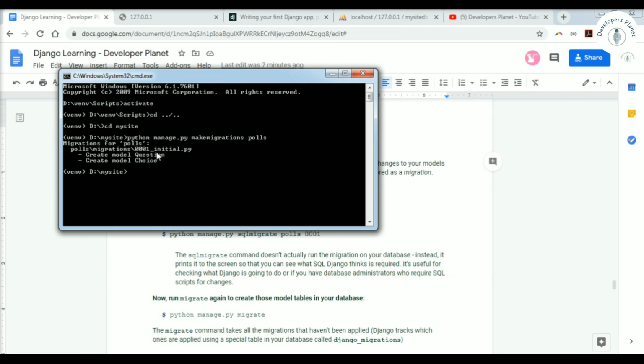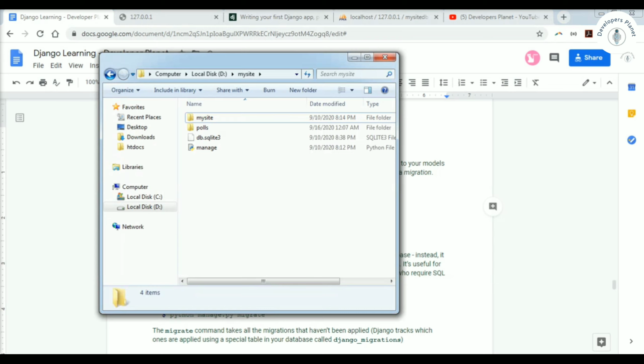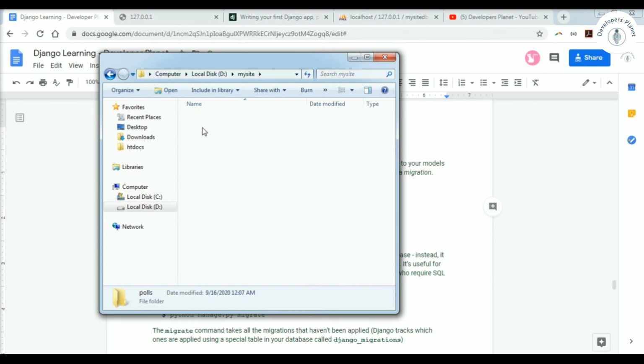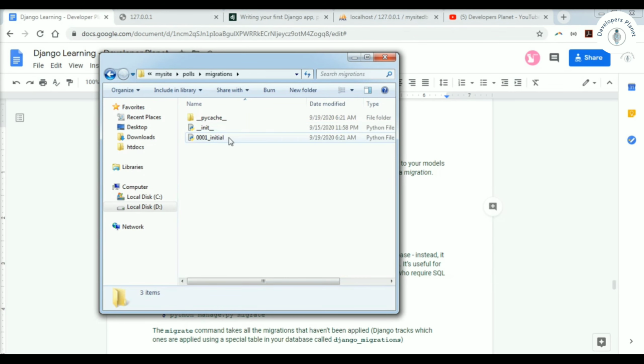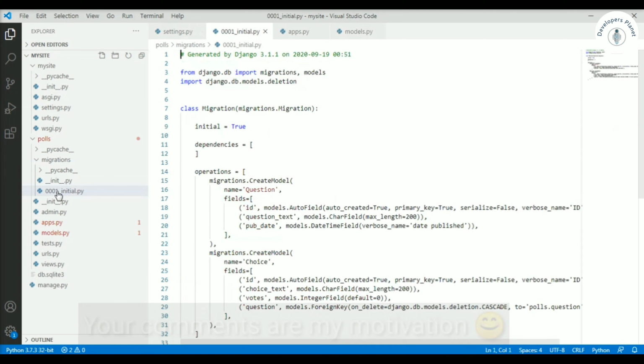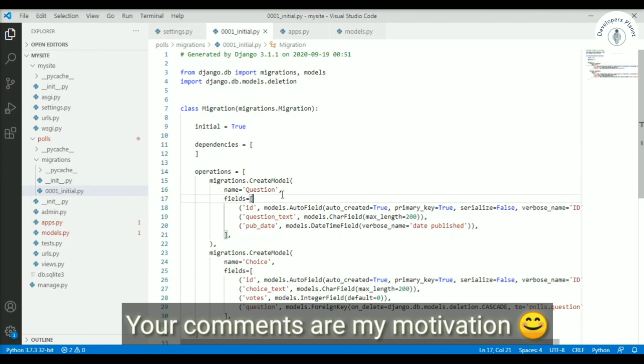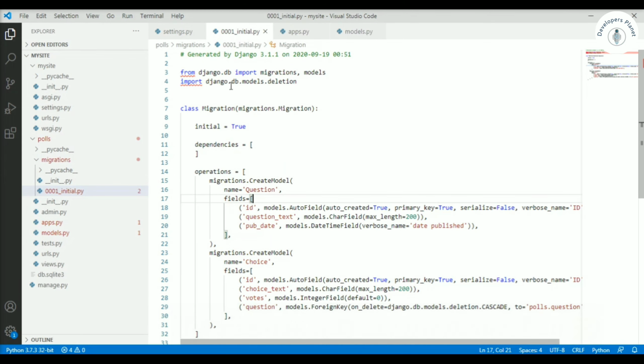And you can read the migration for your new model if you want. It will be stored in polls migrations. Let's see, polls. There will be a folder migrations, 001_initial.py. Let me open it from here. Yeah, it has defined all the fields,